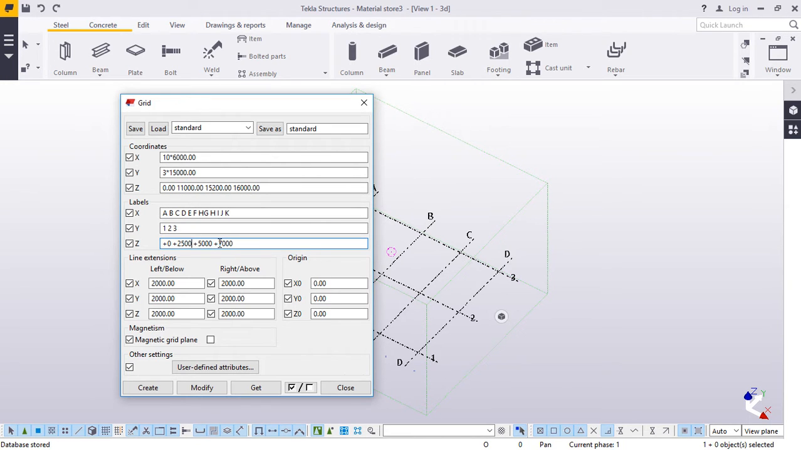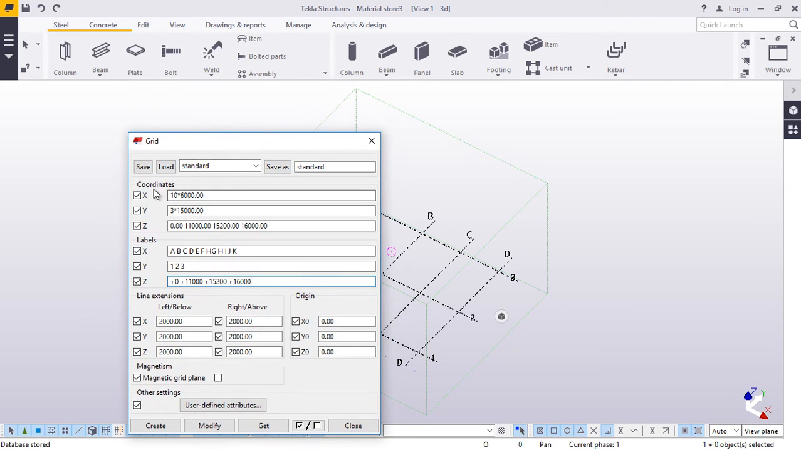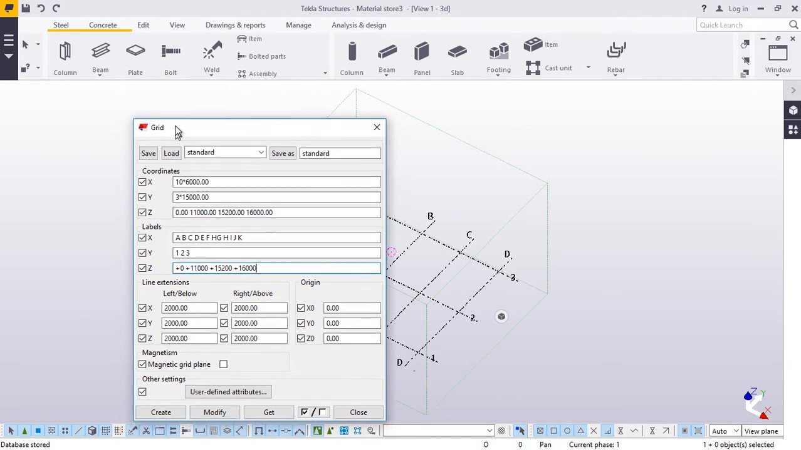Now we'll just feed the 11 meters similar to the coordinate of Z. Just remove that, delete this, and feed 15.2 meters, then feed 16 meters there. Perfect. You are good to go, but before you give an okay to this, check the coordinates, check and confirm